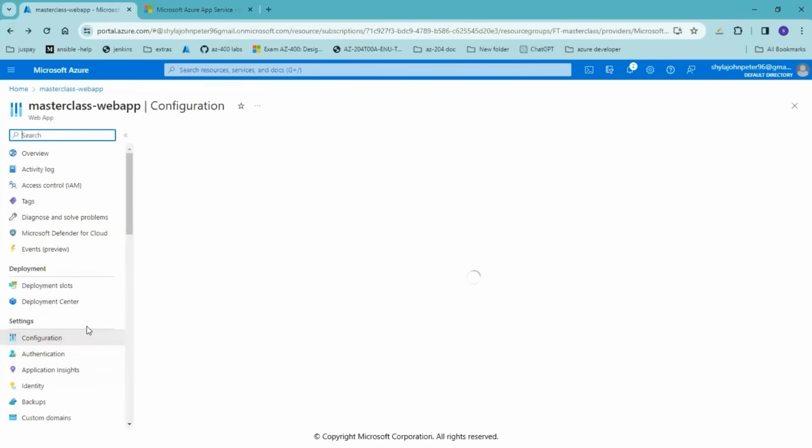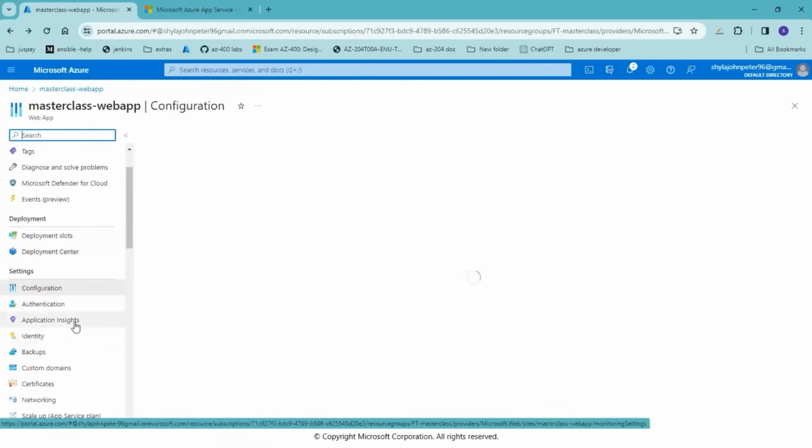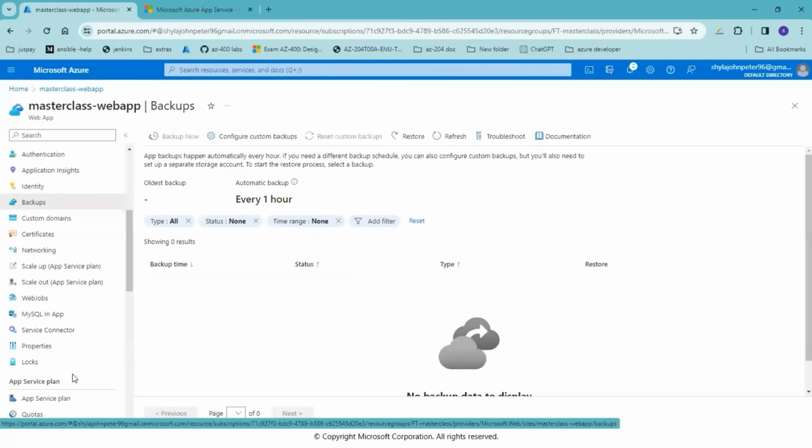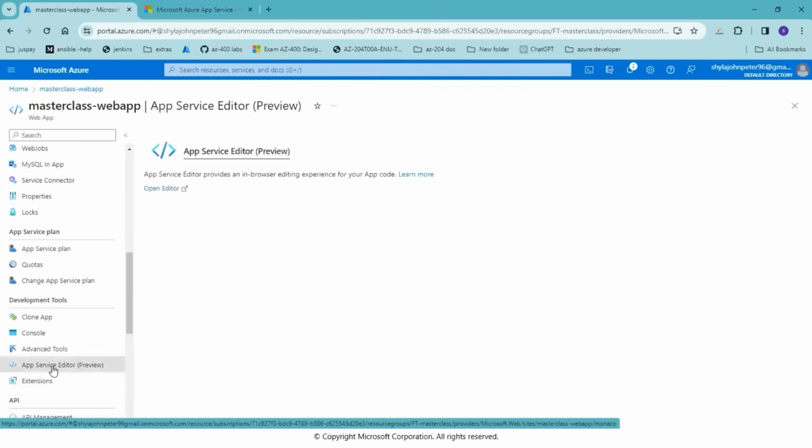Coming back here, you have other options here: application insights, identity, backup options, custom domains. So you have so many options here which you can actually use to improvise your application as a developer and deploy your applications. We have this app service editor also.